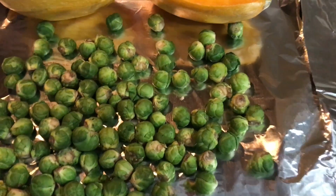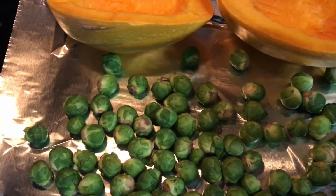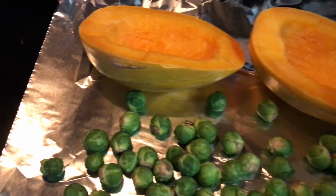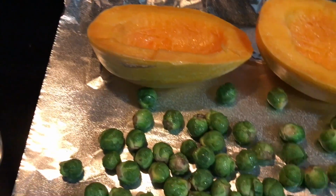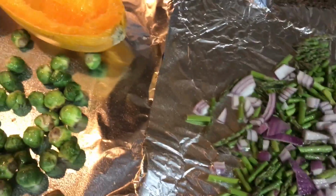All right, so veggies are pretty much prepped and ready for the oven. The only thing I'm going to do is go ahead and spray them with some coconut oil cooking spray. That's my oven preheated. You can do salt and pepper if you want, but again, let me just let that stop